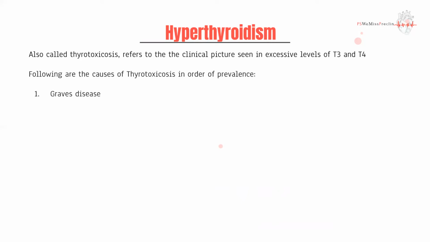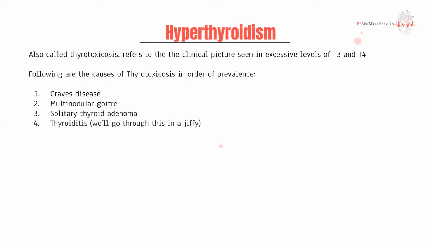So here are the causes of hyperthyroidism in order of prevalence. So Graves' disease is most common. Then you have multinodular goiters, adenomas that can be active, and thyroiditis or inflammation of the thyroid. And then you have medications. Lastly, you have TSH-mediated causes like pituitary tumors. So if you have a pituitary tumor that's secreting TSH, that would cause secondary or central hyperthyroidism, but that is